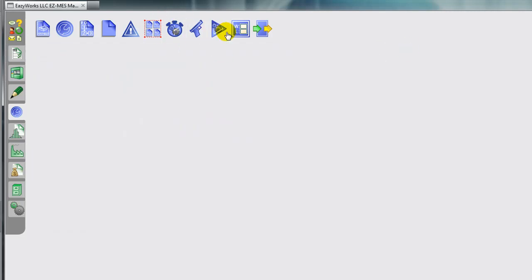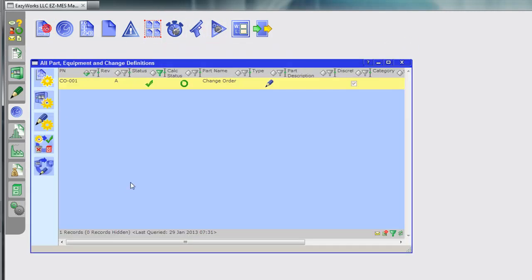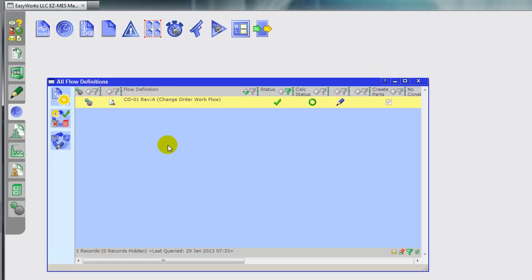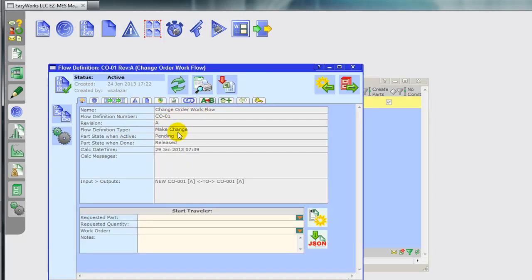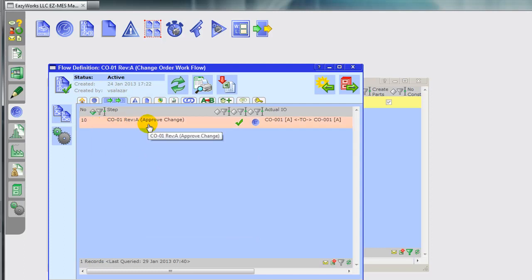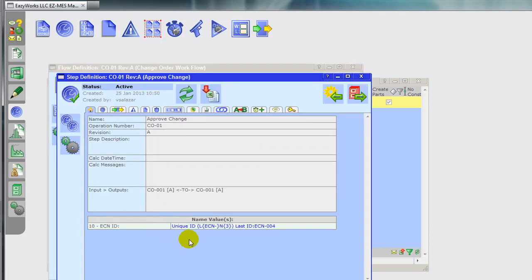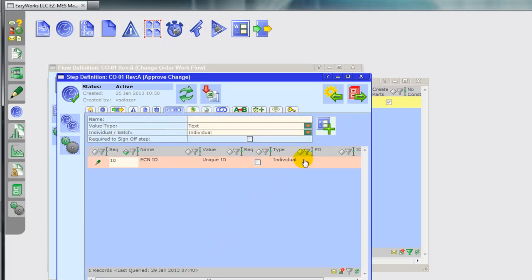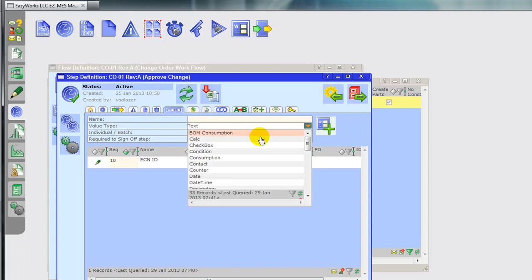And along with the event configuration, we have also configured a change order using the create new change order icon. We created a flow definition that handles the make change flow definition type. And in our flow definition, we have a single step definition that allows us to serialize the ECN. You can also add other NVs, such as signature NV,